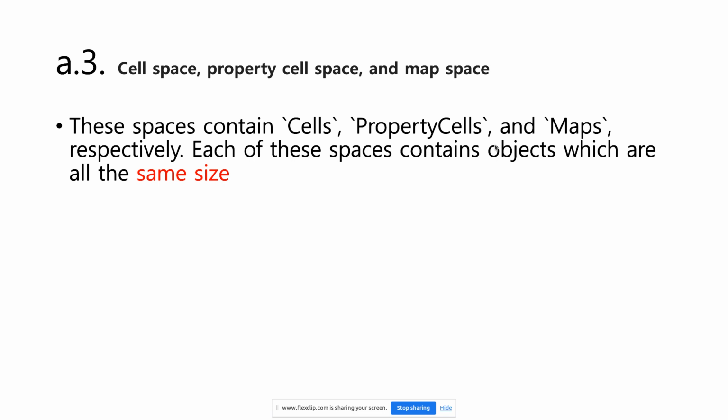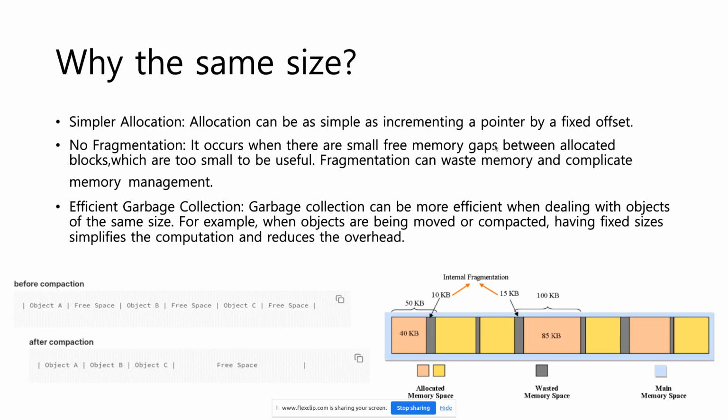If you look at why the same size is important, the key reasons are that allocation can be simpler, because it's fixed size, and there is no fragmentation. If you look at this image, there's internal fragmentation, which is like a gap in it. To make it simple,